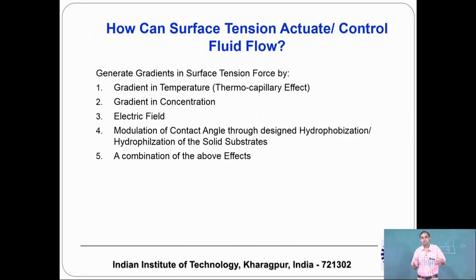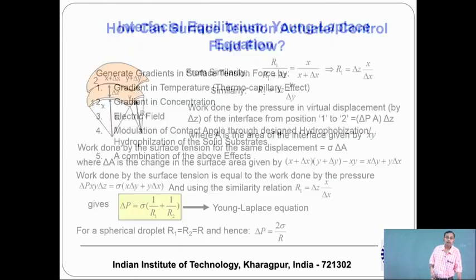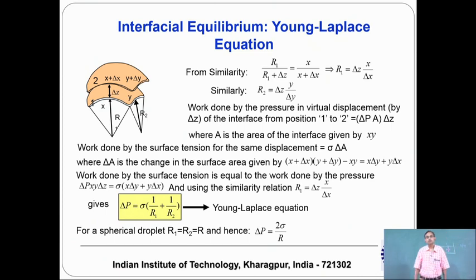But these are essentially not the primary effect. The primary effect is the surface tension itself rather than the gradients, and that we will learn through some of the basic facets of